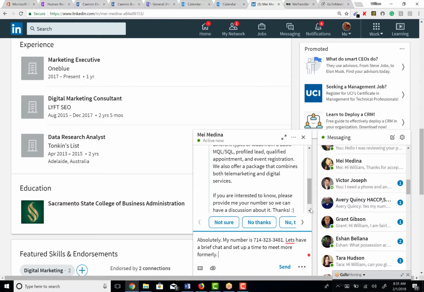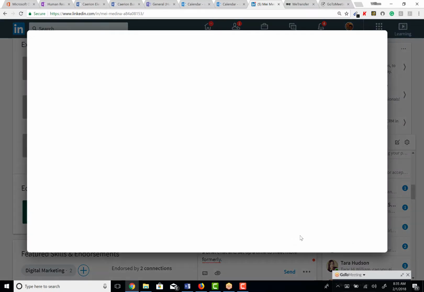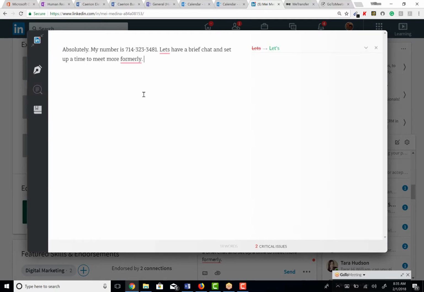Now, as I've said in other things, please do make sure you take the time to install Grammarly, because when you install Grammarly, it's very important you see this. What you'll see is Grammarly is going to come up, and look at this. Whereas I would have done this wrong, it's now corrected and said, this is possibly a bad word. Absolutely. My number is